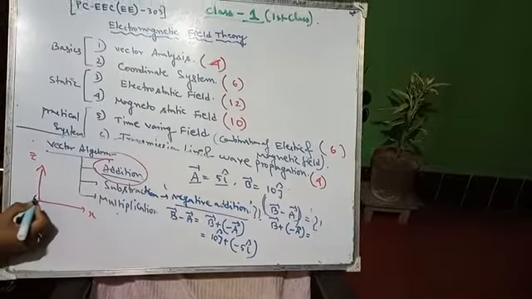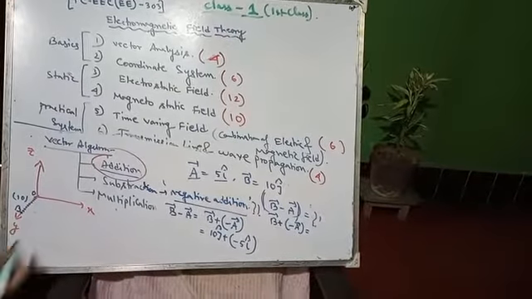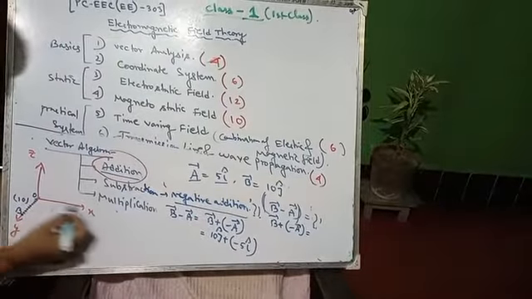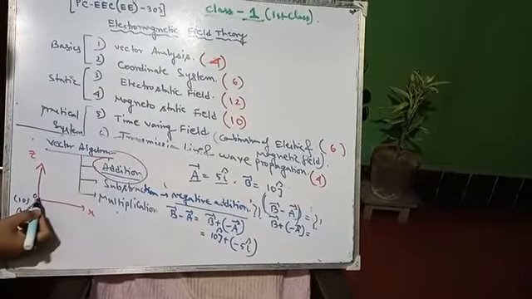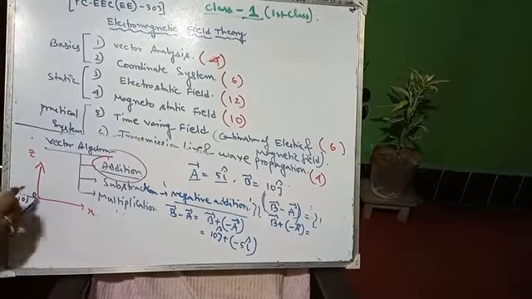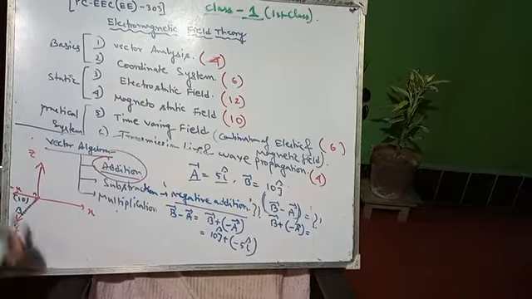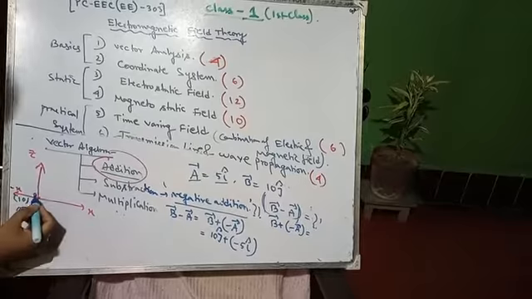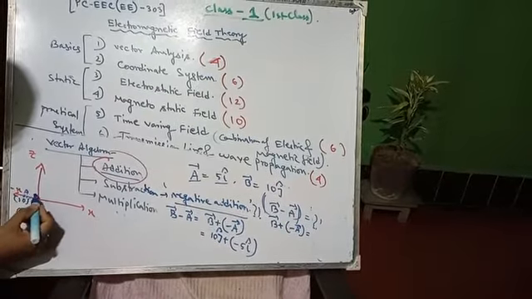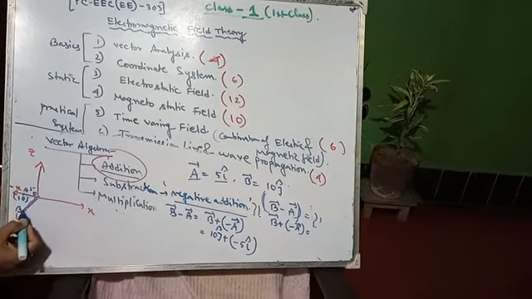This is 10. Suppose OB is 10 units, that is 10j cap. Then minus 5 i cap. Minus 5 means this is the positive i cap, and this will be the negative i cap. So if we extend this axis over here, this will be minus x. So here we have to draw 1, 2, 3, 4, 5. Suppose this is A. So OA is 5. So this is 5, this is 10.